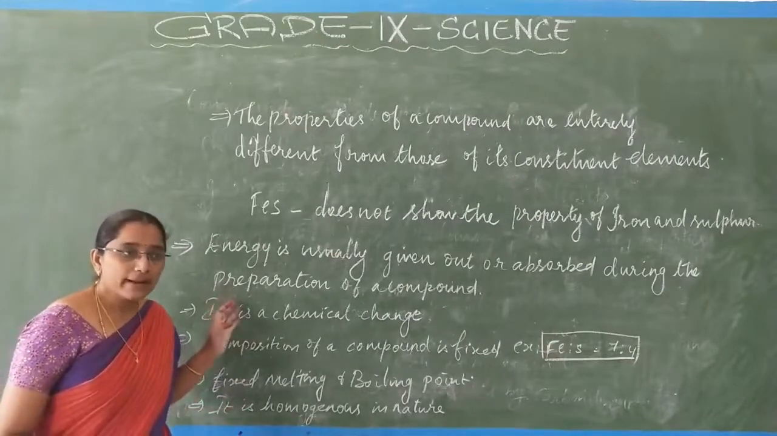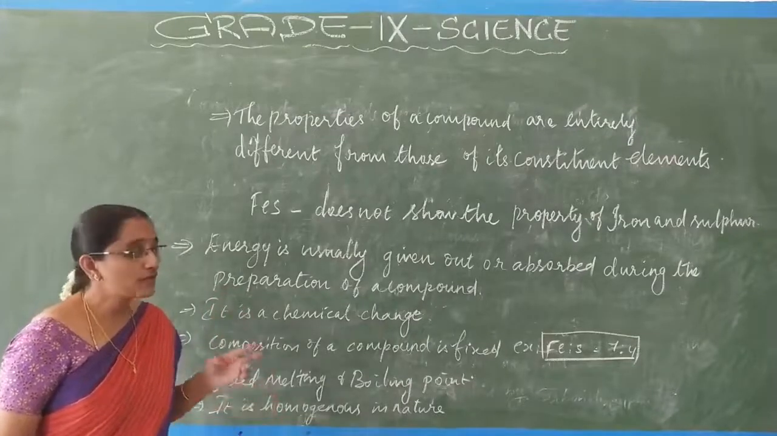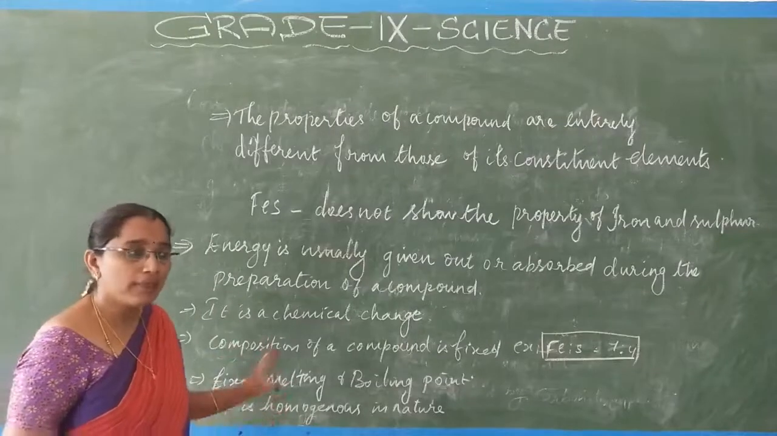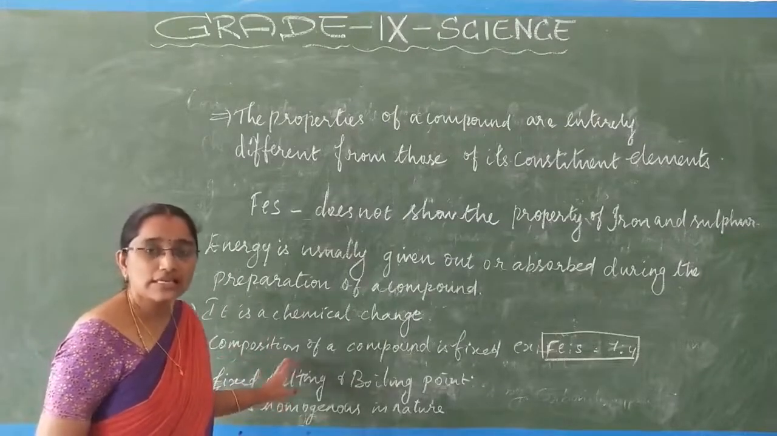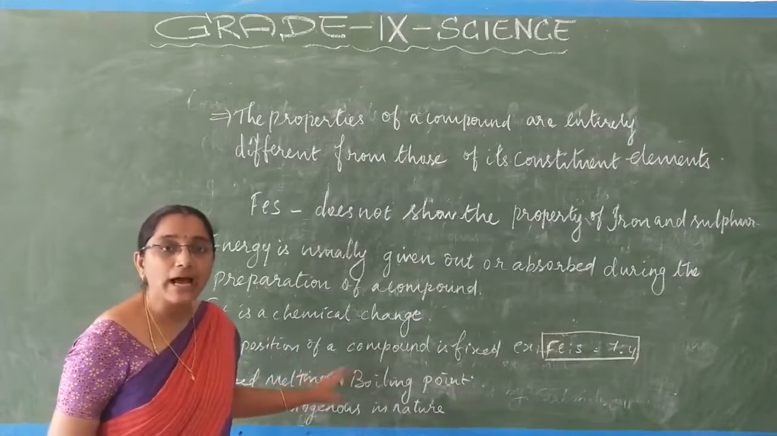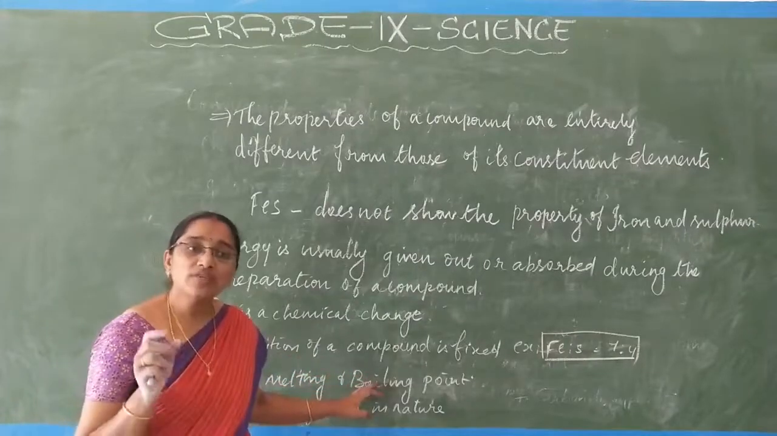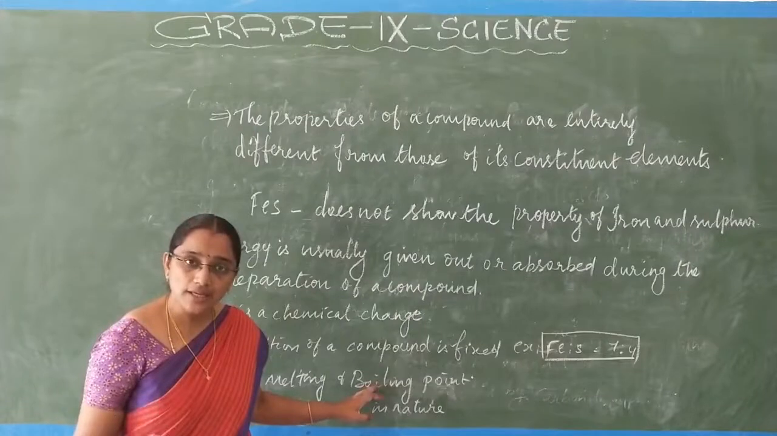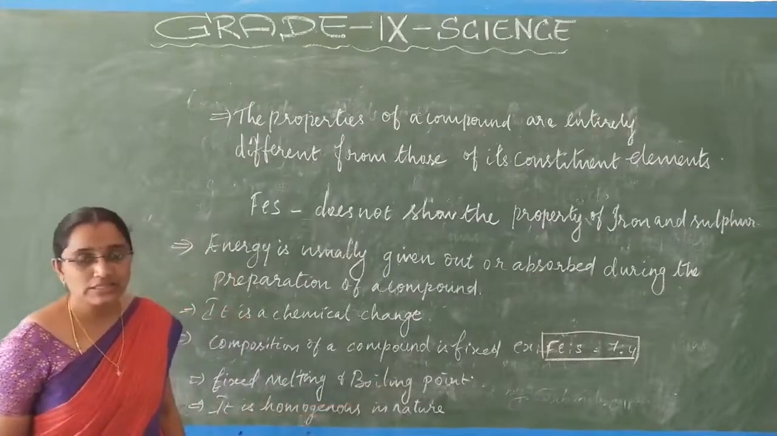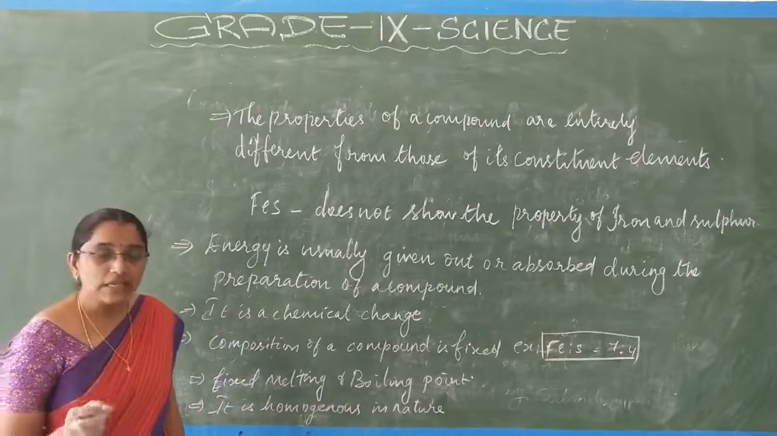So I have prepared iron sulfide in the ratio of 7:4, and it is chemically prepared. There is a chemical change during the preparation of this compound. A chemical change occurs when a reaction takes place between two elements, otherwise between two substances, and then the chemical reaction